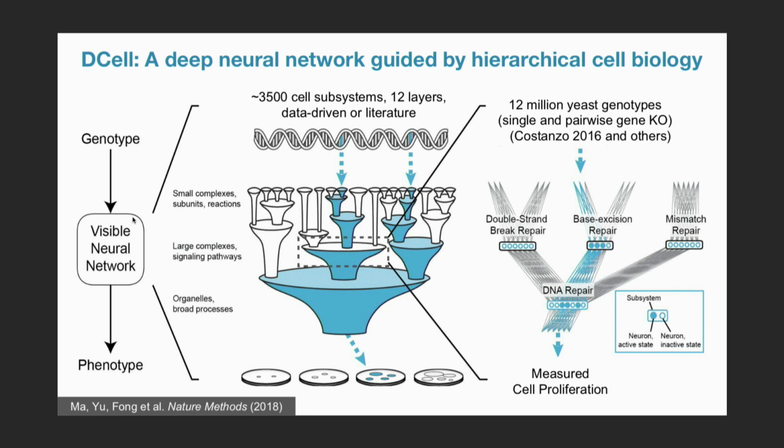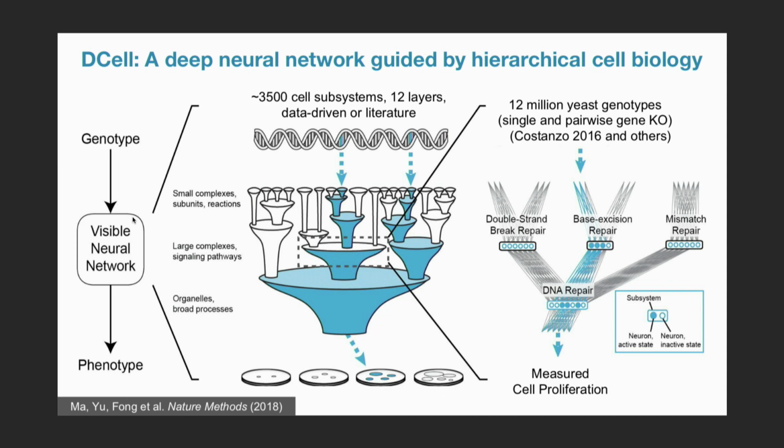So we build a deep neural network. And for each subsystem in that hierarchy, so each of about 3,500 of these, we assign a bank of neurons, not one, but typically a bank of neurons, to represent the state of that subsystem in this artificial neural network. And the other thing that we do is those banks of neurons have their inputs constrained, so their non-zero inputs must come from children of that subsystem in the structural hierarchy. So DNA repair, as an example, would have a bank of neurons representing the state of DNA repair.